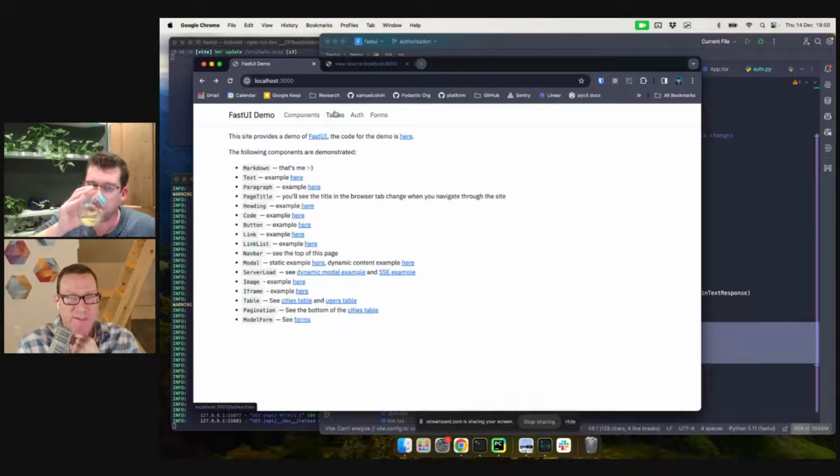Sure. Yeah, I didn't even think of the data science side, but there's probably a lot of cool dashboard widgets connected to pandas and polars that are potentially out there. Yeah, and charts and visualizing data is something Pydantic is interested in. There's no reason why a lot of them couldn't be implemented as FastUI components and then displayed.